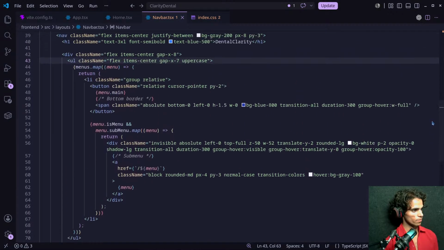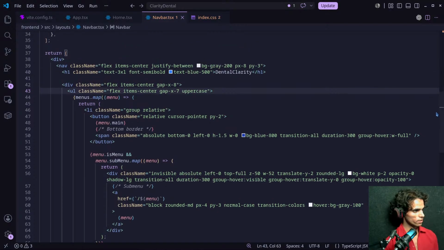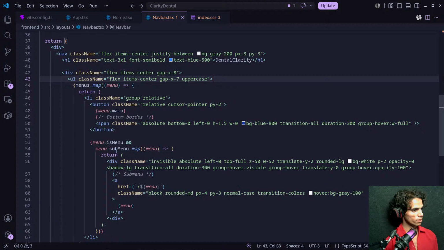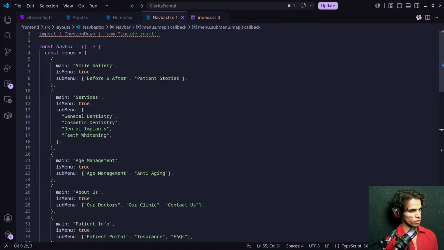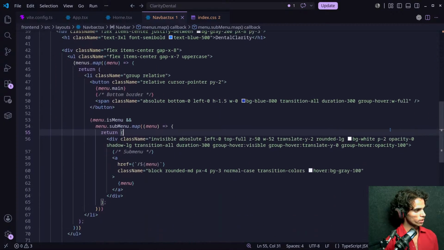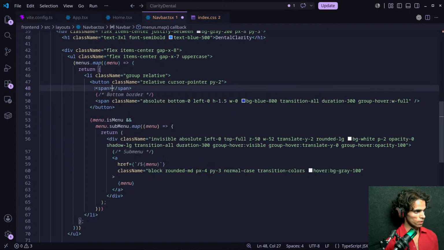And one thing that I still want to change is if we have a submenu, we will show the icon. Okay, the icon we have imported from here. And how we can do that, after this relative cursor pointer, I would like to call it, Control X, span, the text.